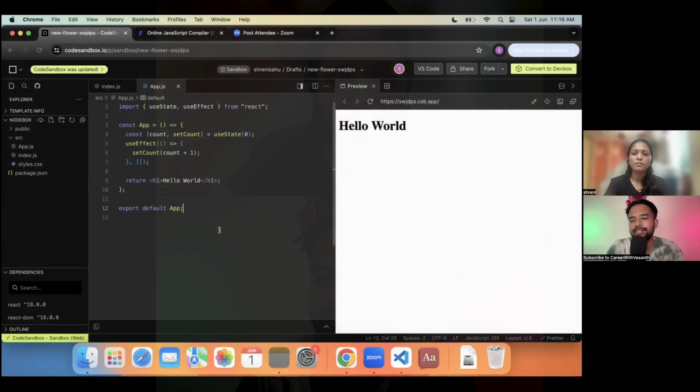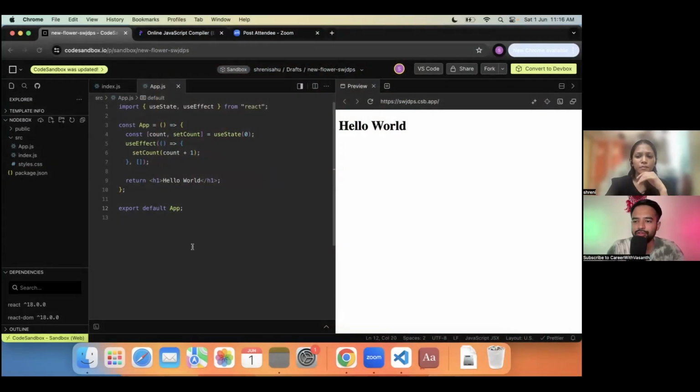Okay, Sheeni, this is a very simple snippet, and my question is also very simple. Let's say in line number 9, you remove the hello world and you put the count. What is going to be the output? Don't do it yet, first you tell, then we will make the change. So if I replace it with count in line number 9,